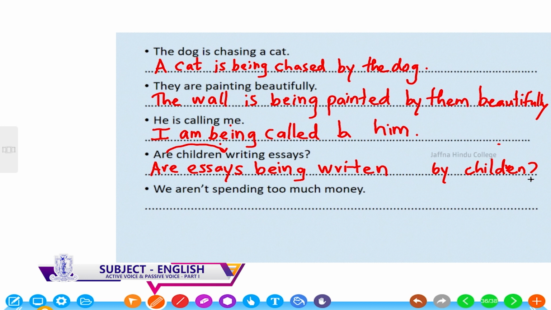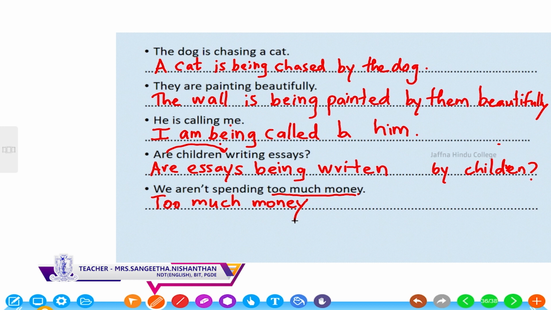The last one, we are not spending too much money. Who? We. What are we doing? Spending. What are we spending? Too much money. So, the object is too much money. So, bring it to the beginning. Too much money. Money is